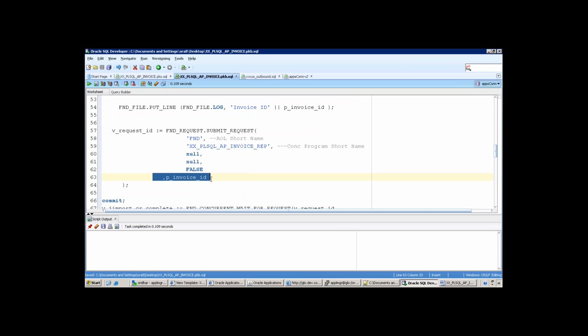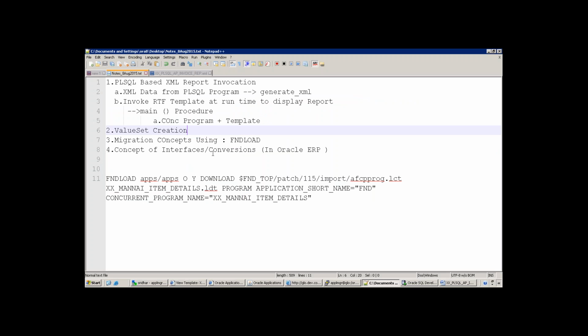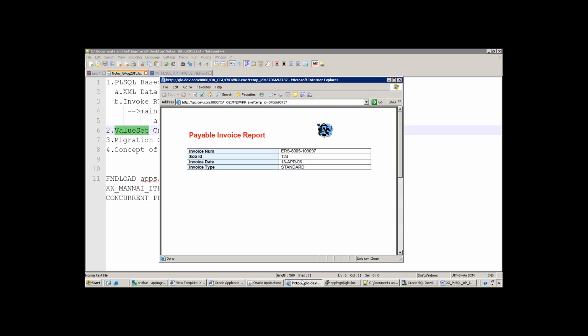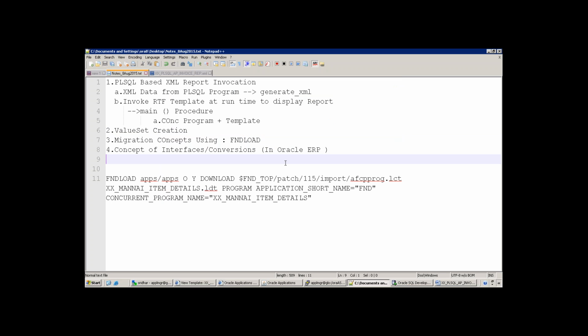And yeah, so that was the thing I thought of showing today. The other functionality which I thought of showing is a functionality called value set. What is a value set all about? Sir, can we stop it for today till here? Yeah, no problem. The rest will continue on